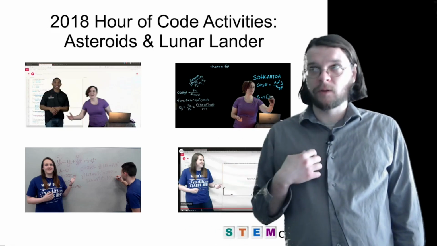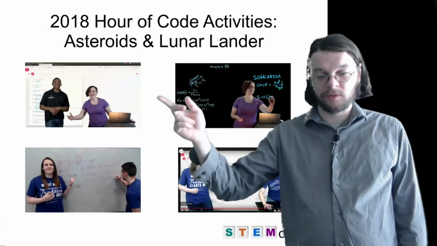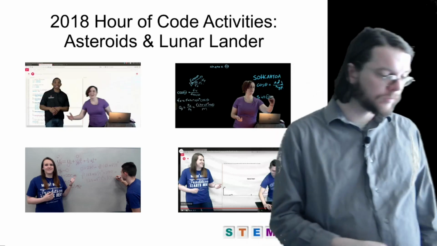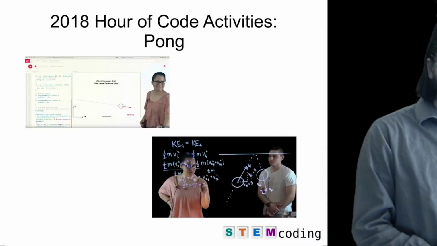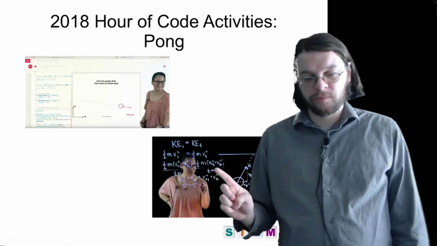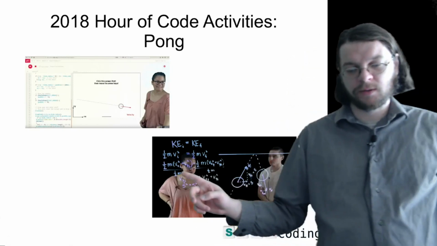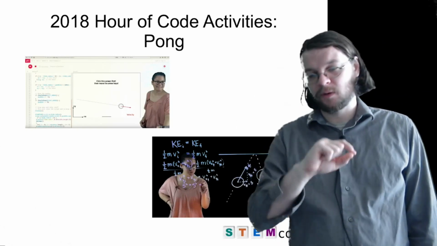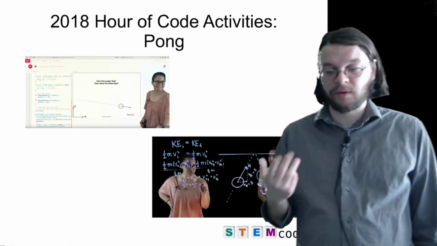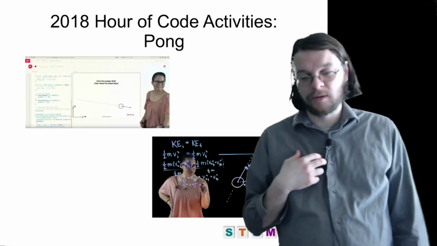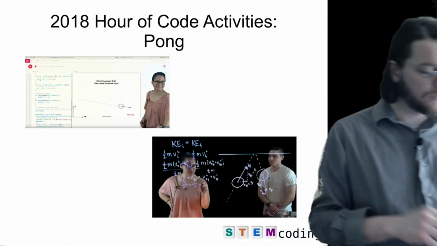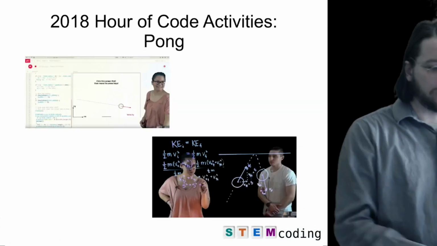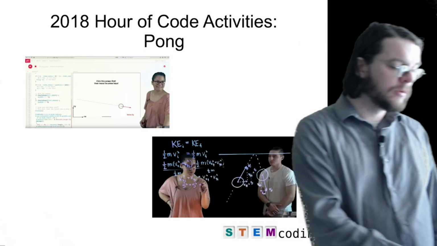I mean, the laws of physics are simplest for a rocket moving in free space, and that's what the game of asteroids is. We also have a game called Lunar Lander, where you're trying to land on the moon. And then again, there's some good physics there as well. And then Pong, this is actually one of the simpler activities. So Pong is actually, when the ball bounces off of things, that is an energy conserving collision. So we call that an elastic collision. And so if you're teaching concepts of energy, say for a physical science class, this is a great thing to do. So these activities are maybe more like 10th, 11th, 12th grade. This one you could probably do with 8th graders if you had to.